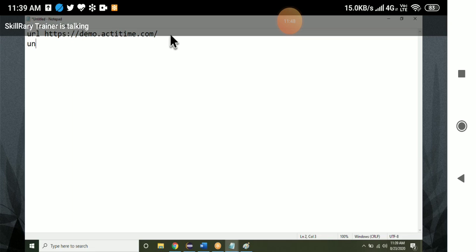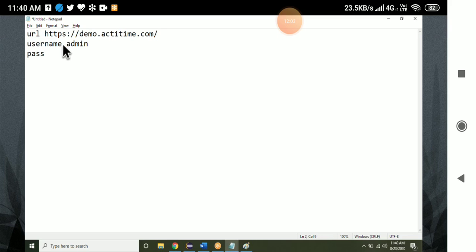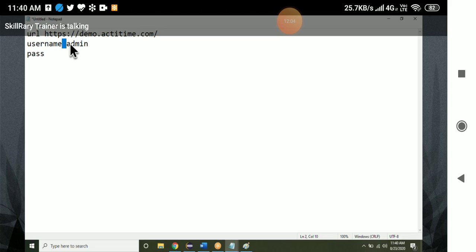I can give UN or I can give username, anything. Username, space, admin. Username is the key, and after one space, whatever you have given, admin, that is the value. Same way, password, space, manager.